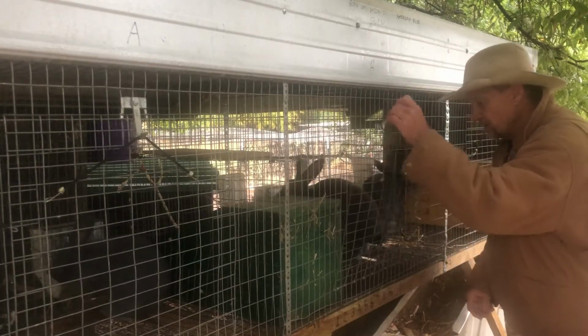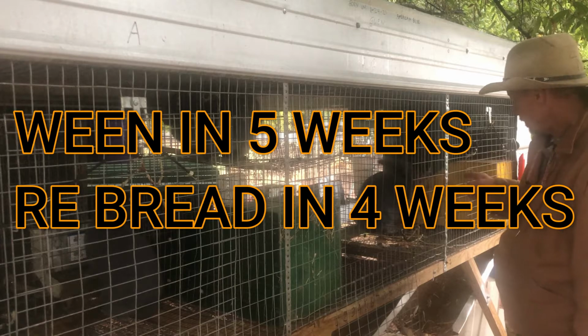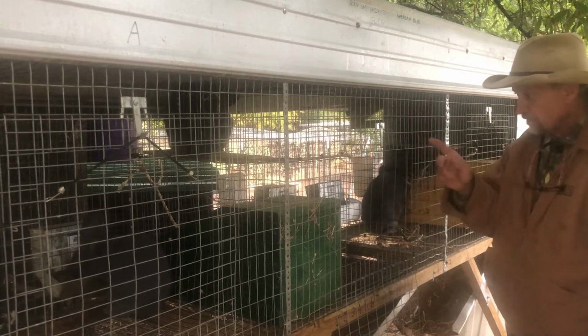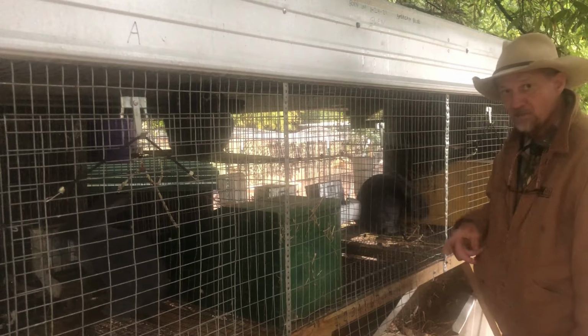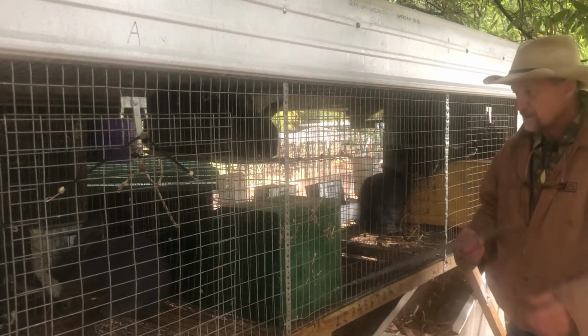So this winter, while it's cold, as soon as Kelly's babies wean in about 3 weeks, I'm gonna wait till 4 weeks before I rebreed her. And then when Gwen has hers, I'm gonna wait till 4 weeks later, and then I'm gonna rebreed her. So I'm gonna do rabbits through the cold part of the year when it's good and cold outside. 'Cause